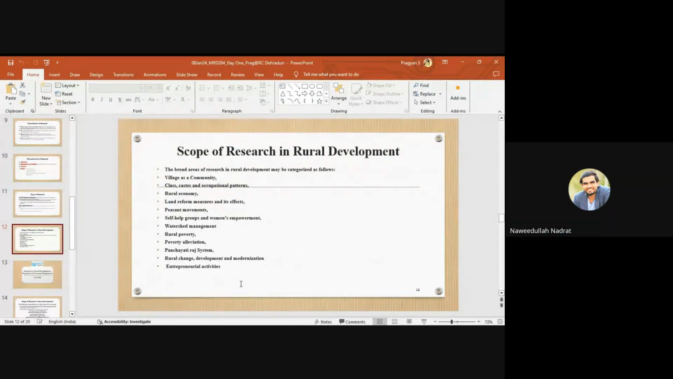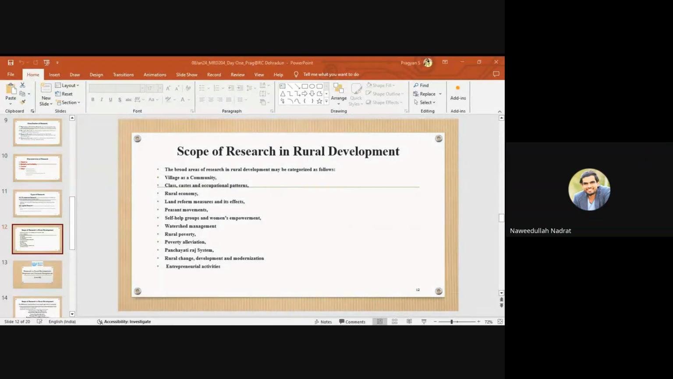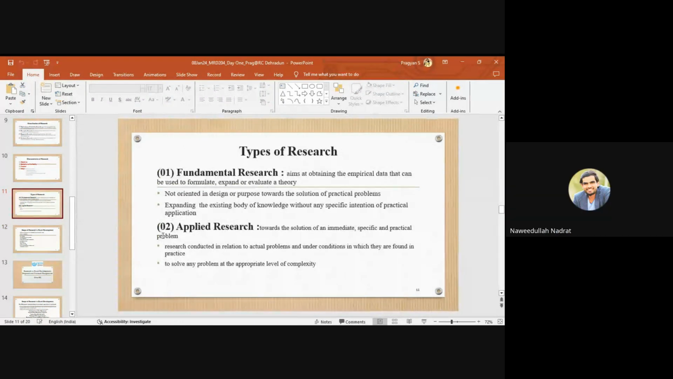Ma'am, sorry for the interruption. May I have a real example for both types of research? Can you just give us a real example, if possible, for both types? Yes, it is possible. For example,